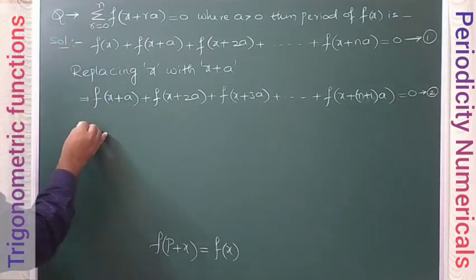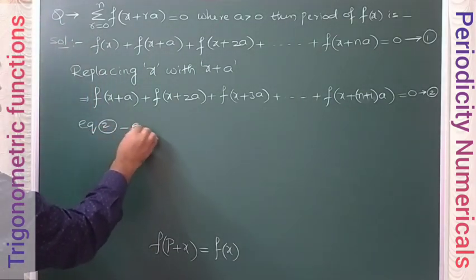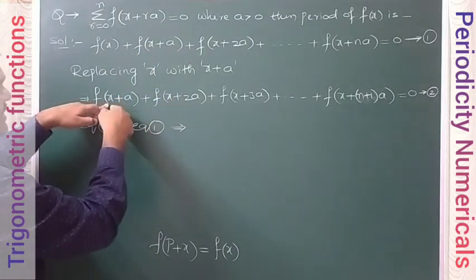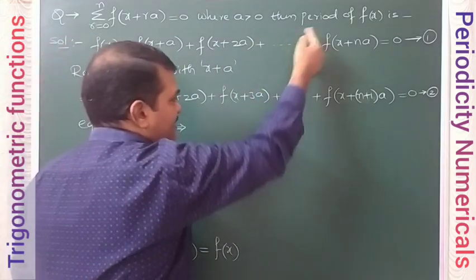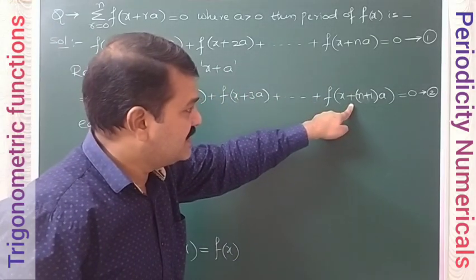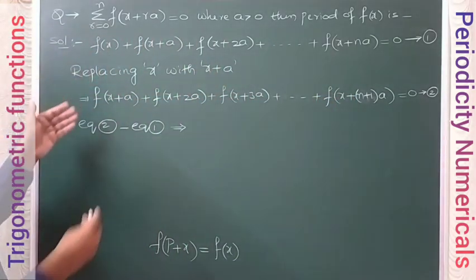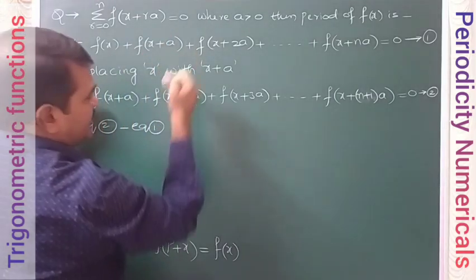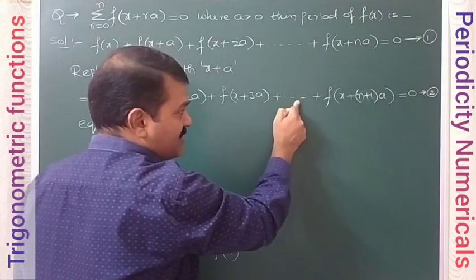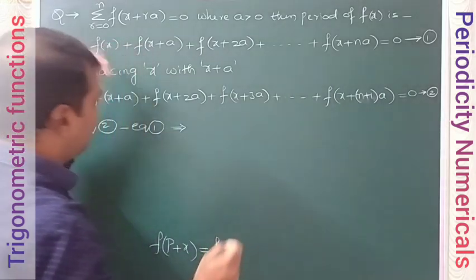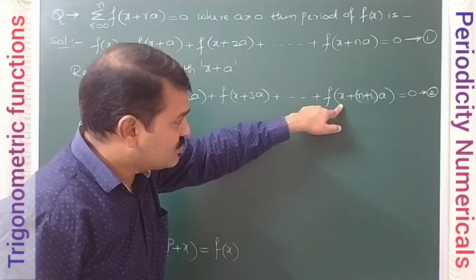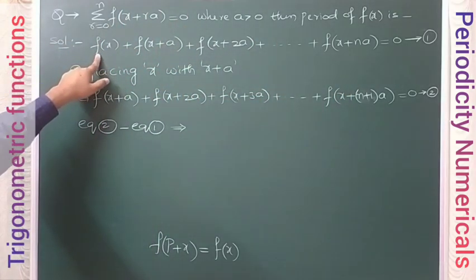Okay. So therefore when we do equation 2 minus equation 1, just observe carefully. These two terms cancel, these two terms cancel, next cancel, next cancel, up to this term everything will be cancelled. So this is left and this is left, because the cancellation happens like this, diagonally. So up to this term, f of x plus na will be the previous term of this, no? Up to that it is cancelled, this is left and this is left. So equation 2 minus 1 means this is left in equation 2. So this minus f of x will be left.